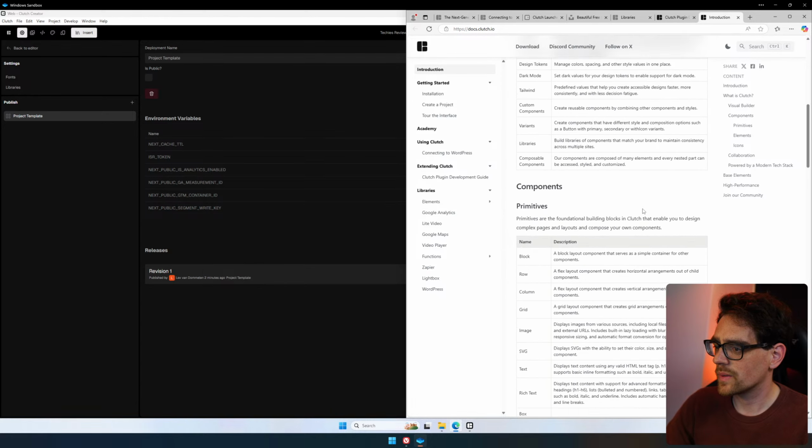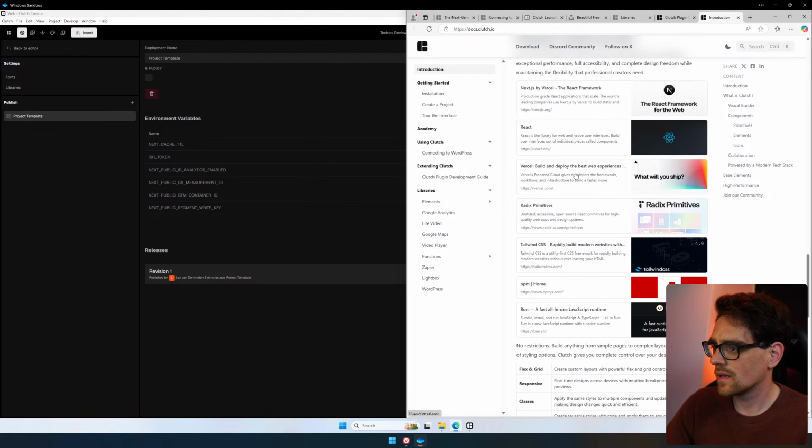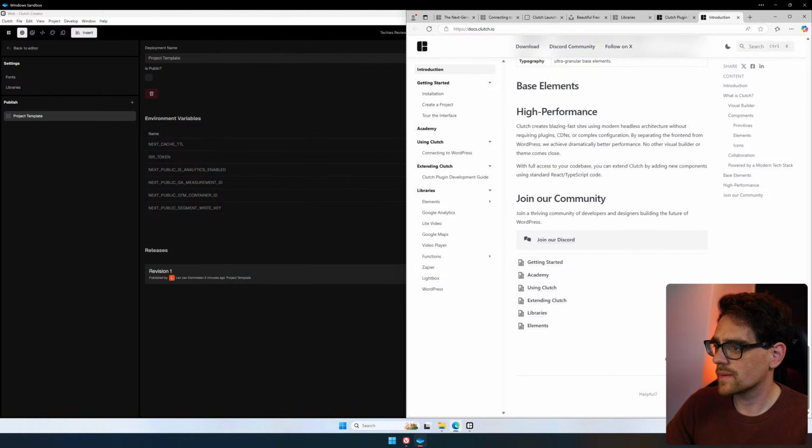Yeah, it's a visual builder. I wonder what their ID is. Powered by a modern tech stack. High performance. With the full access to your code base, you can extend Clutch by adding new components using standard